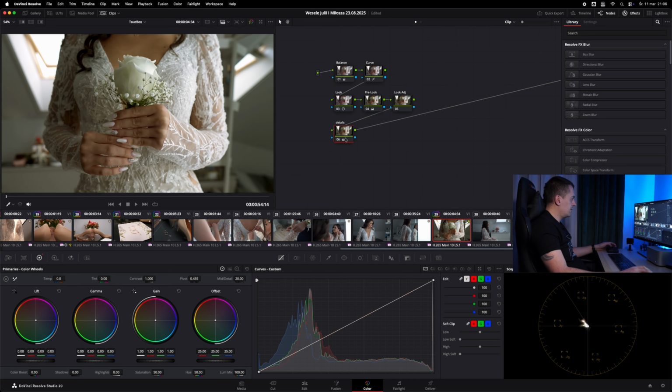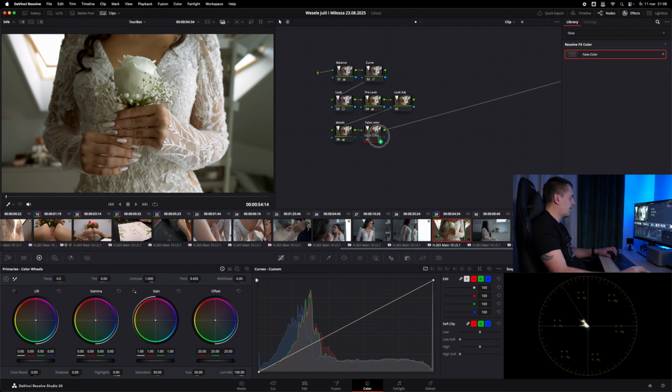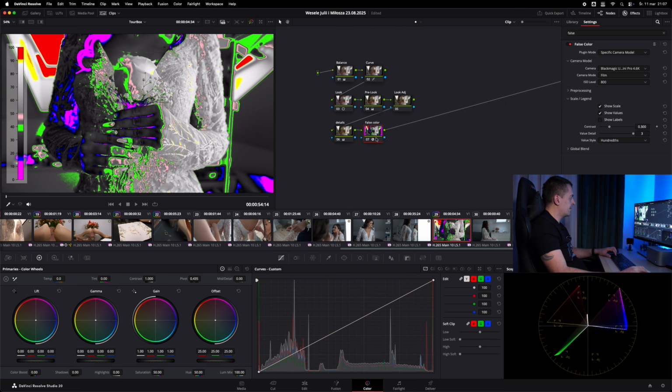Okay, now I will show you the trick. The best trick I found in DaVinci Resolve is to get the false color, and here we search in the effects false color, put it here, and with this effect we can see if our object is burnout.